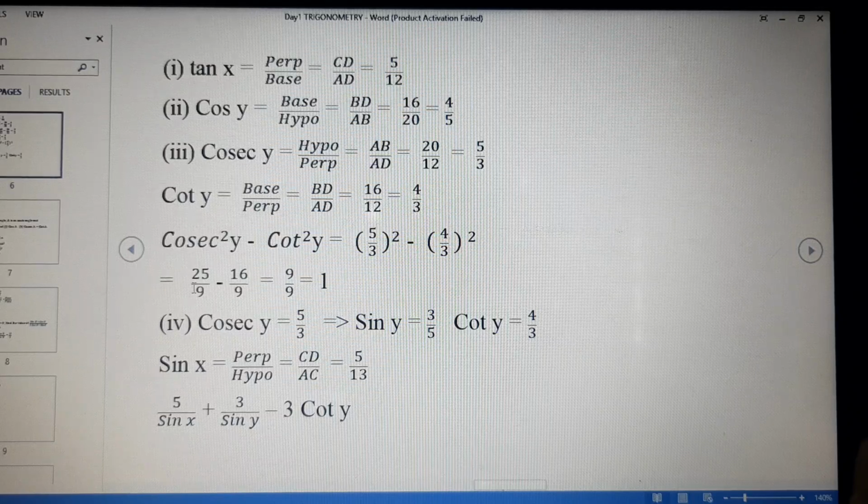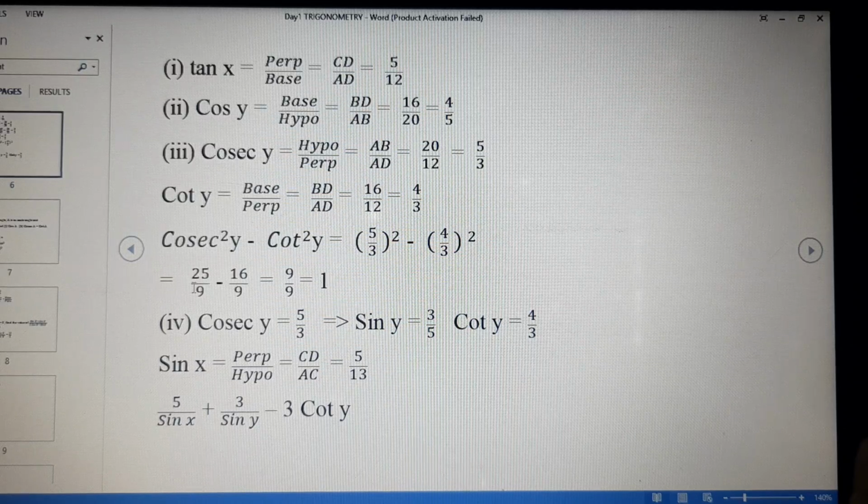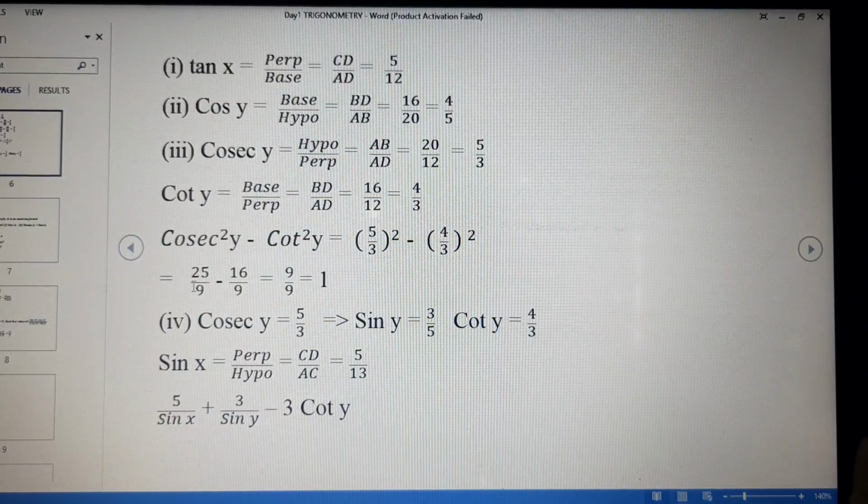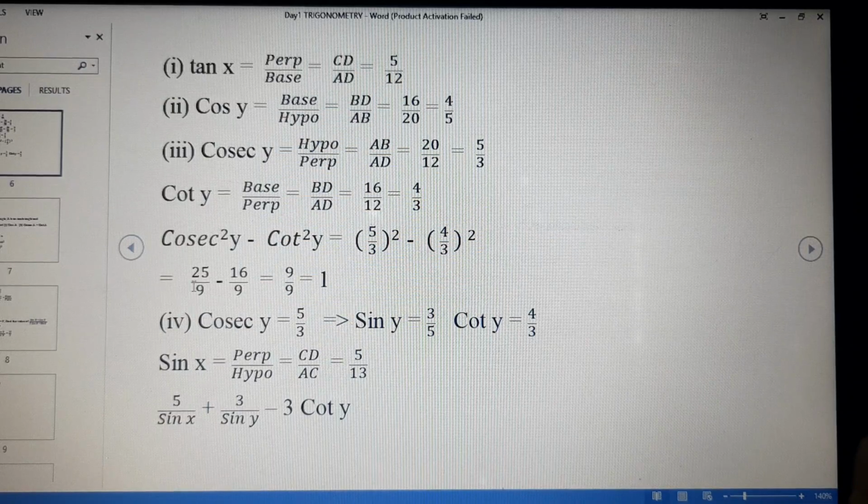When we square tan theta, we do not write tan theta square. Clear? We write tan square theta. Why is it so? Suppose it is tan 30 degree and you have to square it. Many of you can have the confusion that the angle 30 will be squared, that tan 30 square means tan 900 degree.